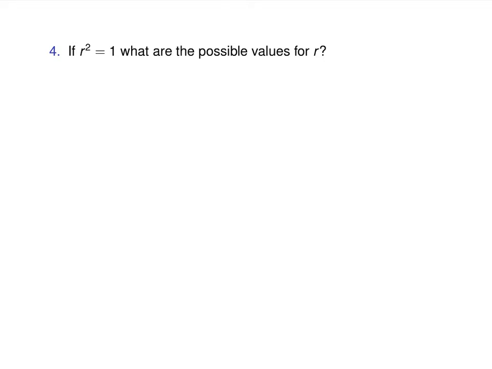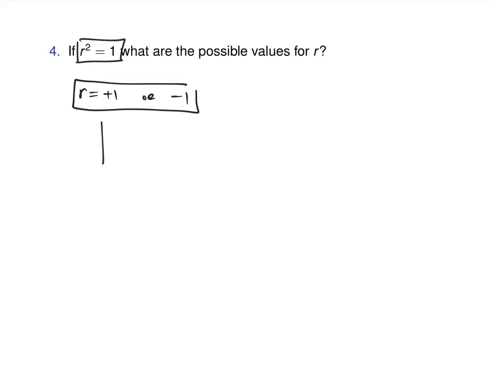If r squared is 1, what are the possible values for r? R is equal to +1 or -1. When you have a perfect correlation, this is the correlation coefficient that tells you how strongly related two things are. Strongly related means falling close to a line. So if your r is perfectly +1, your points fall in a perfect straight line. Okay? If r is -1, they fall in a perfect straight negative slope line. The more those points wiggle, the further away.